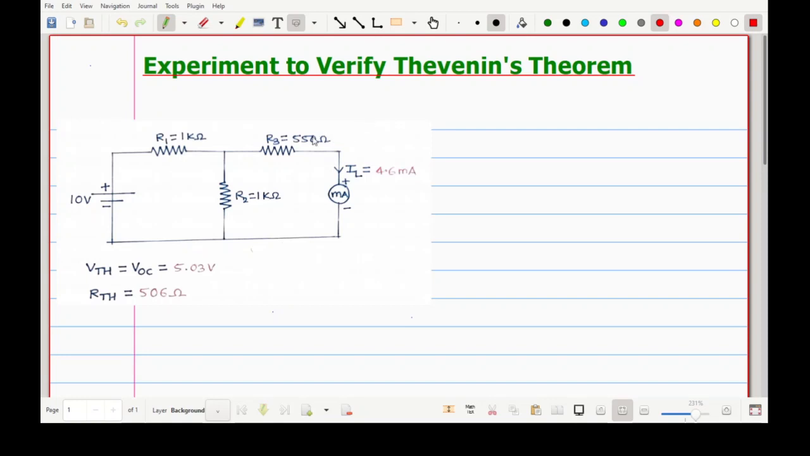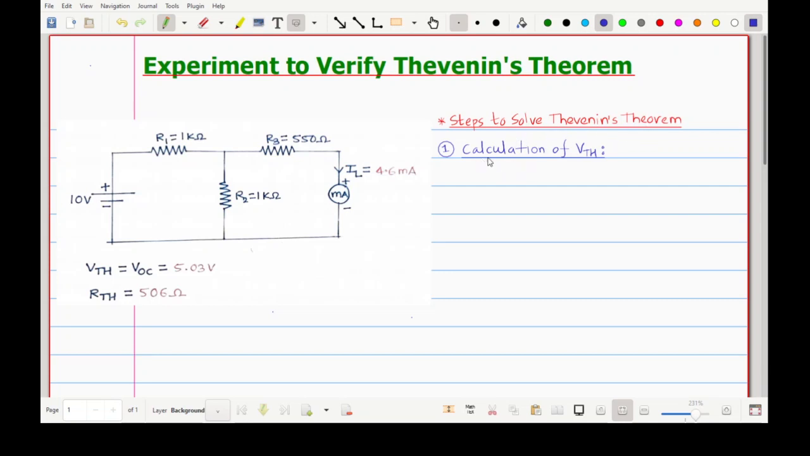So friends, we have already finished with the experimentation part, and we have measured this current. So this current was 4.6 milliampere. Okay, measured value. And also we have measured the values of VTH and RTH. Okay, now what we will do? We will solve this circuit by using Thevenin's theorem, and the experimental result and calculated result should be the same. Okay. So friends, we need to use some steps to solve this circuit by using Thevenin's theorem,